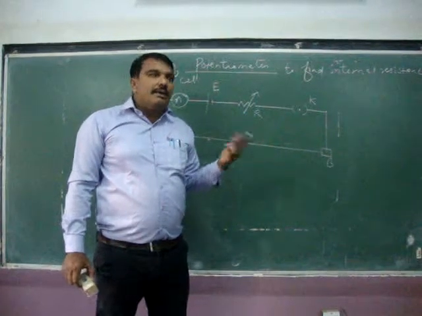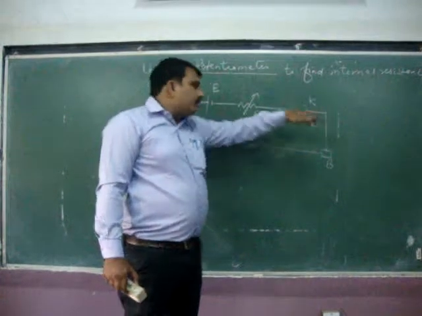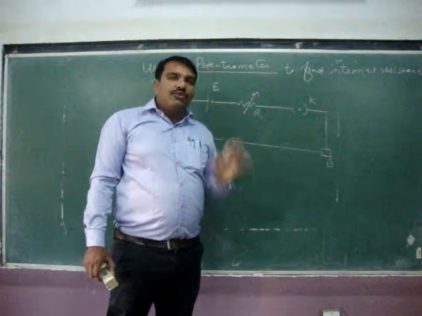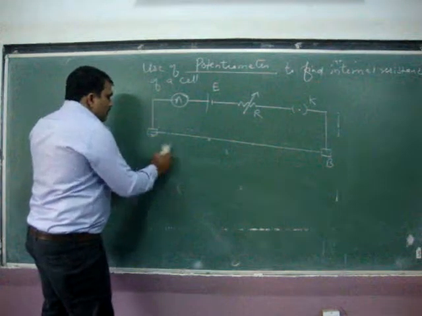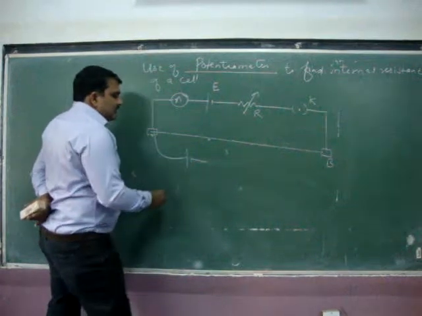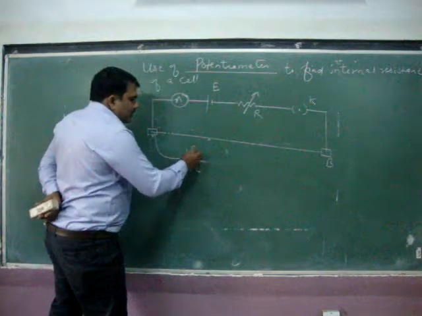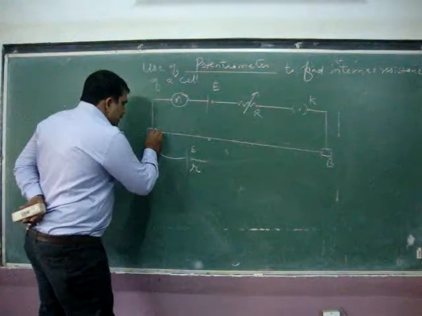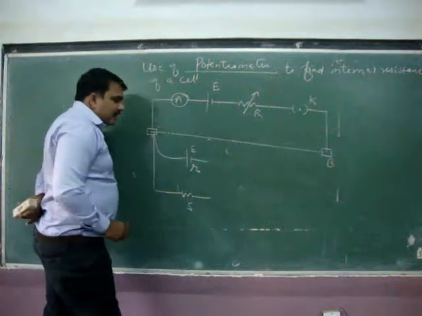The desired amount of current can be passed by increasing or decreasing the value of this resistor, and this is the key which can be closed to make the continuity in the circuit, and this is the ammeter which can be used to measure the current flowing through the potentiometer circuit. Now suppose you have a primary cell whose internal resistance, small r, you want to find out. To do so, we connect an external resistance, you can call it shunt S,